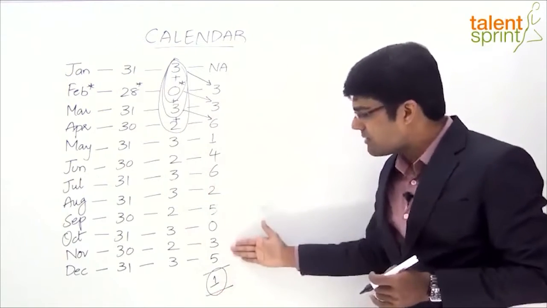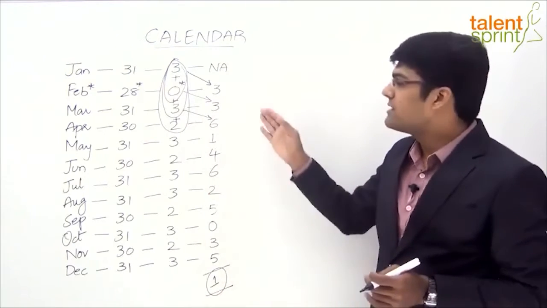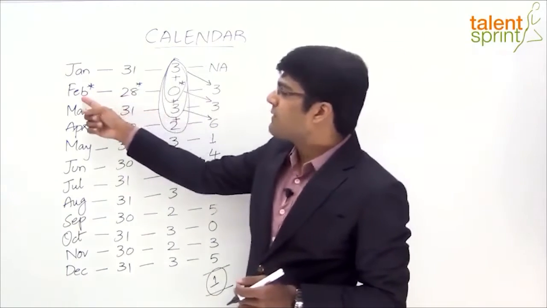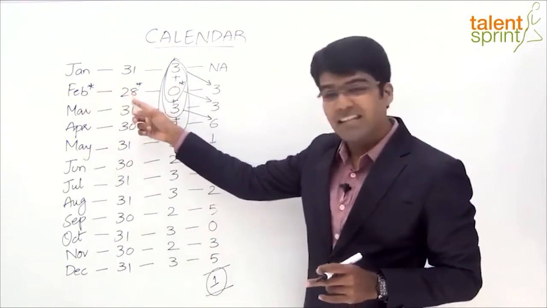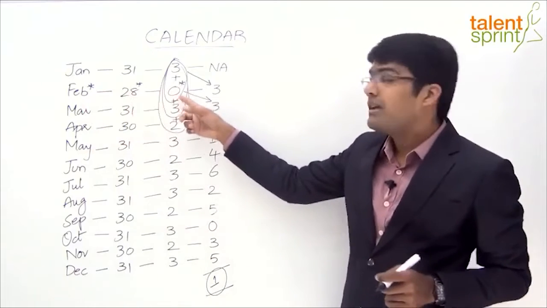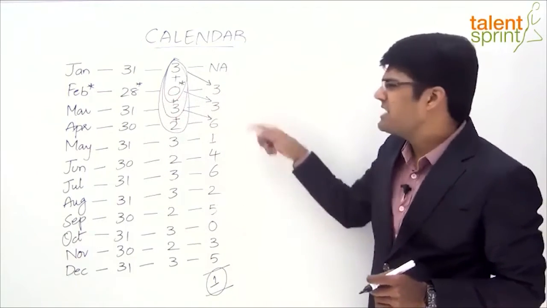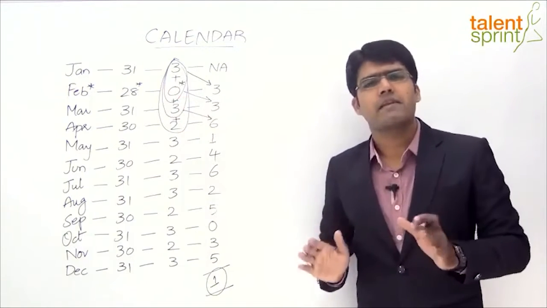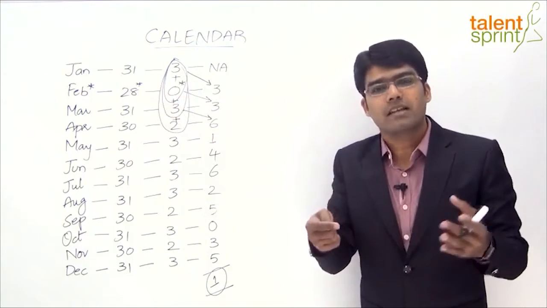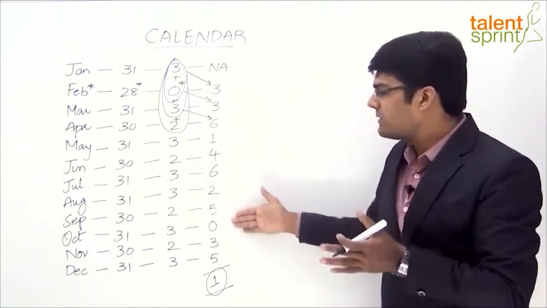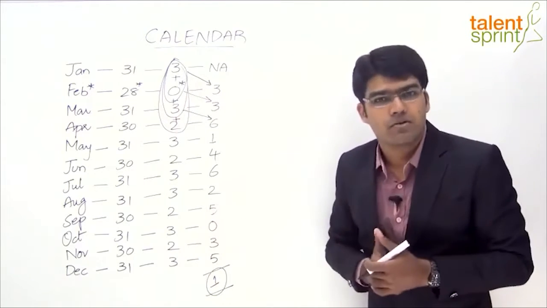Just remember this column here, column number 4, which is nothing but the code of the month. But be careful, if it is the month of Feb in a leap year, we'll have 29 here. Accordingly we'll get 1 here, and this becomes 4. And likewise all the other values change. But instead of changing every other value, simply remember that if it is a leap year, we have to take plus 1 if the date is after 28th Feb. And you have to take the same value if the date is before or equal to 28th Feb.